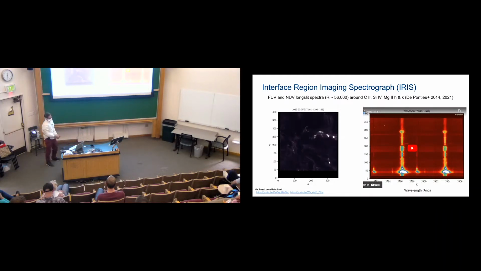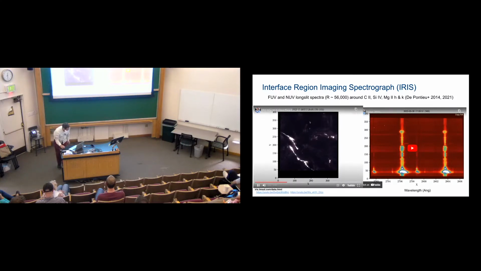So on the right, I'm going to stop that. On the right, I have spectra of magnesium II h and k in the near ultraviolet. There's a spatial direction along the slit, and then wavelength: the magnesium II k resonance line, the h resonance line, and then these more minor magnesium II lines. I'll call them the triplets. All right. I want you to notice a few things. One